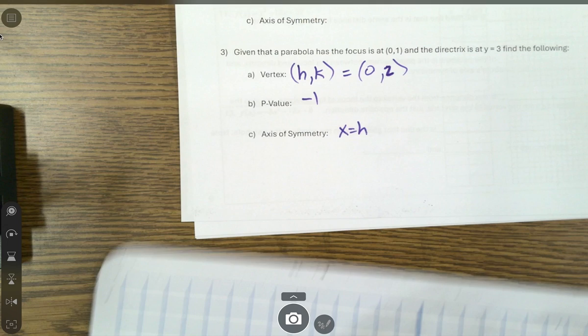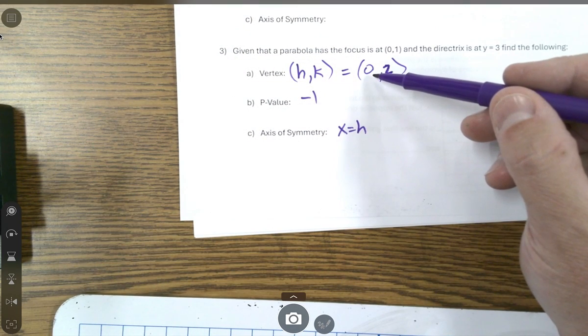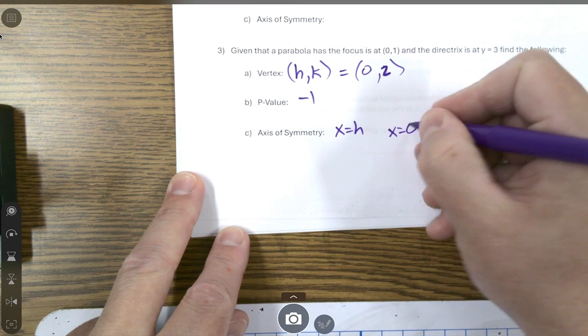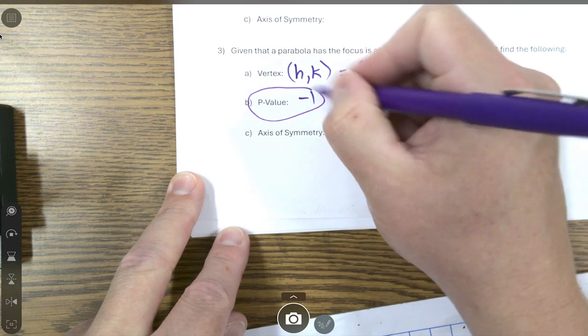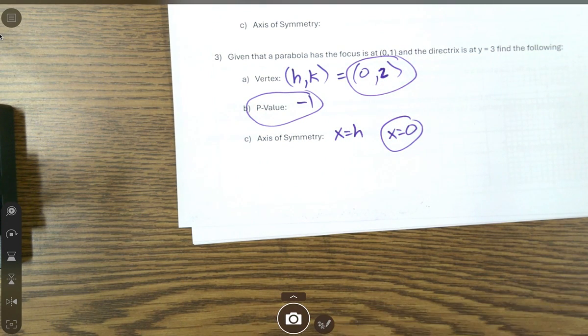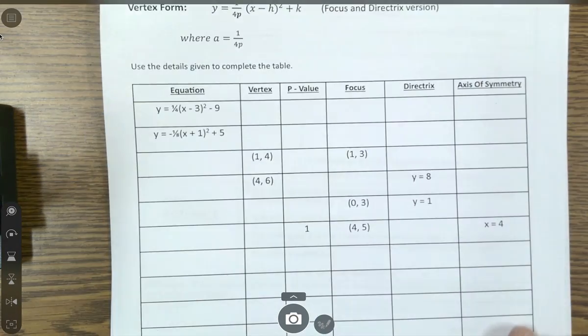It's just my h value, and that is 0. So this would be x equals 0. So that's my p-value. We have my vertex. Hopefully that makes a little sense. I'm going to do one more problem real quick. I'm going to flip the page, and I'm going to discuss real quickly here